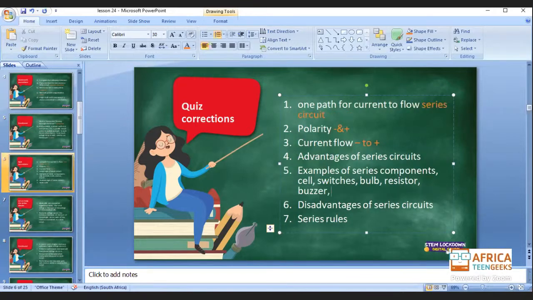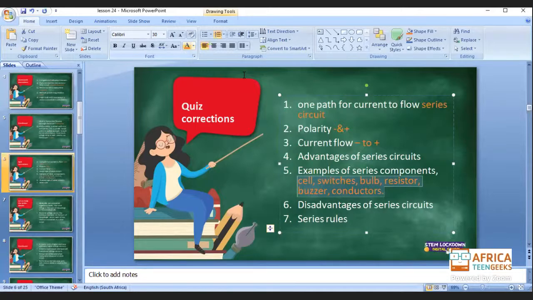How do we get this? Wires. What do we call wires in science? Conducting wires. Yeah, conductors. Thank you very much. Oh no way. How can you forget conductors, guys? All of you forgot conducting wires or conductors. And then